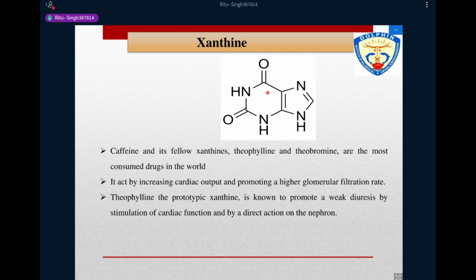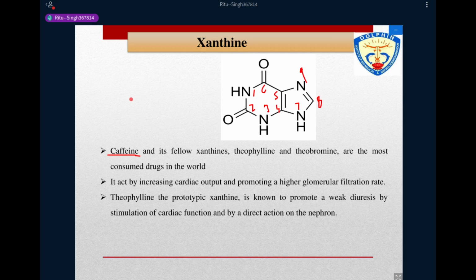We start the numbering at this point 1, 2, 3, 4, 5, 6, 7, 8, and 9. So for the structure of caffeine,